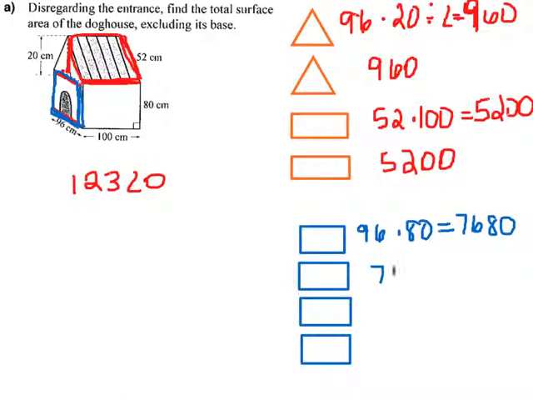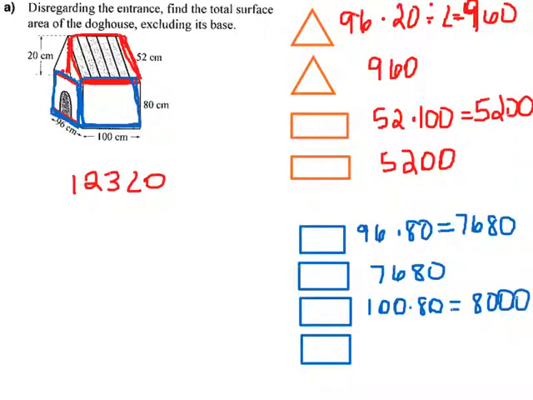So 7,680. And then we have 100 times 80 will give you the side. 100 times 80 gives you 8,000. And so it's going to be the same for the other side. Now if you add these four numbers up, you're going to get a surface area for your base of